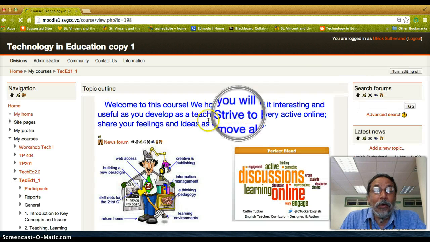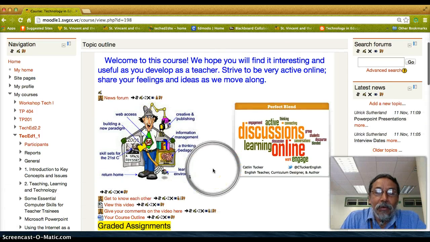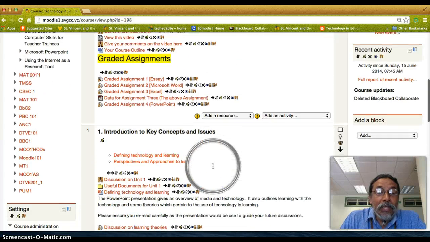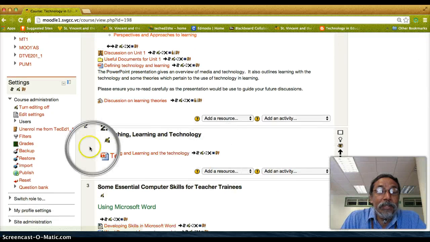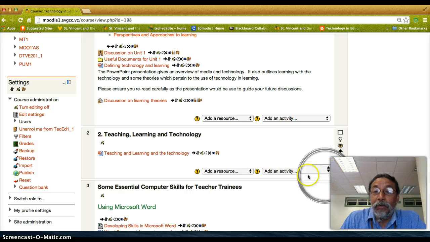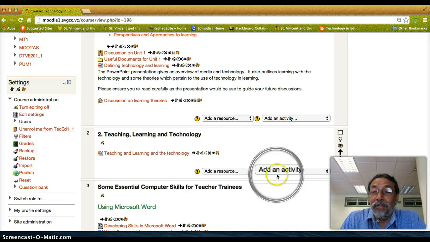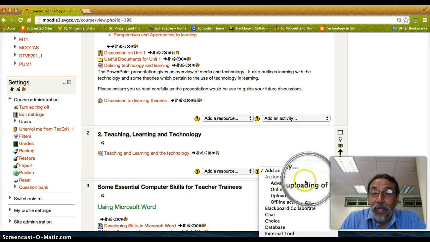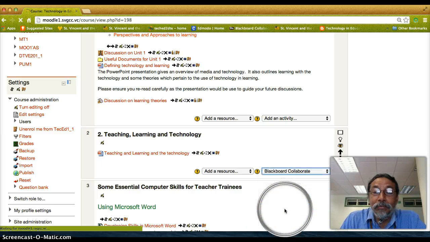And then you now would have these icons available once editing is turned on. I scroll down my page and I would like to schedule the session to appear on my course page in this section of the course. So where do I find the Blackboard Collaborate module? It's in the activity drop down. So I click here and I scroll down to Blackboard Collaborate. I click on it